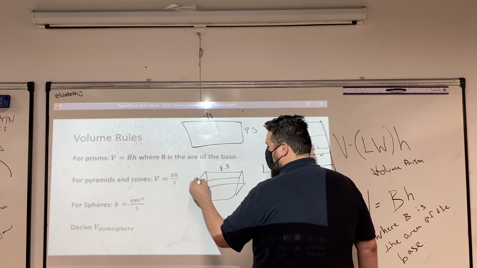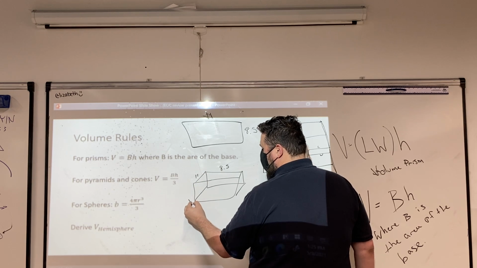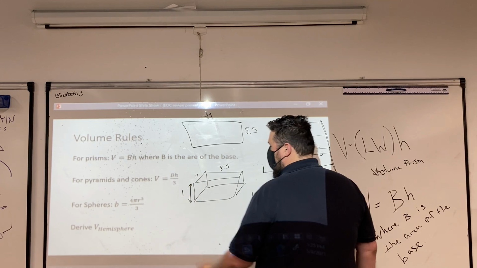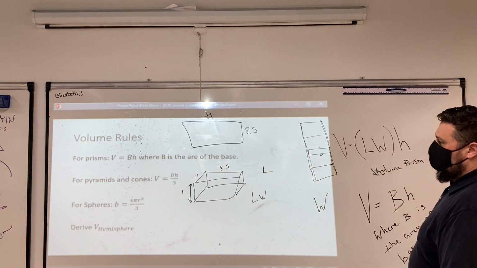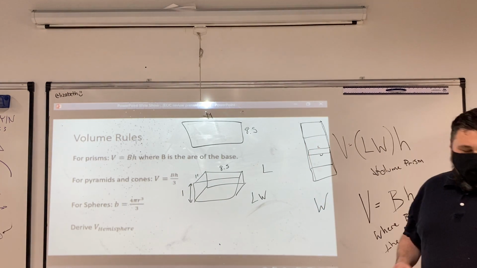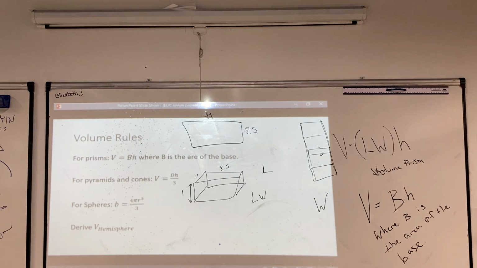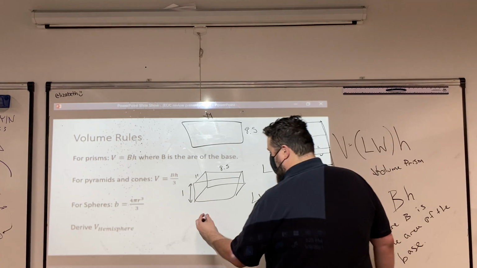8.5. This part's 11. How tall is that? An inch? So I can do 8.5 times 11. That's 93.5. Is it 93.5? I think 93.5. And then the height's 1 inch. So then this is going to be